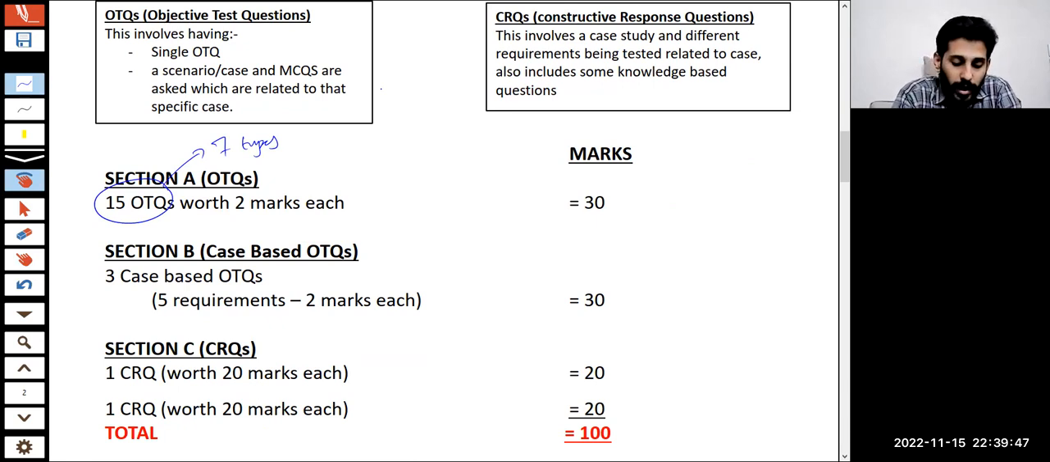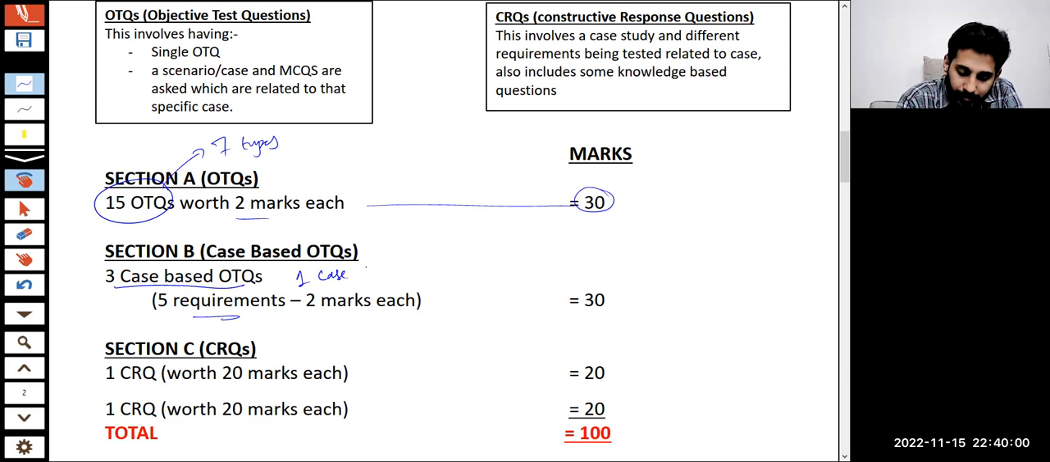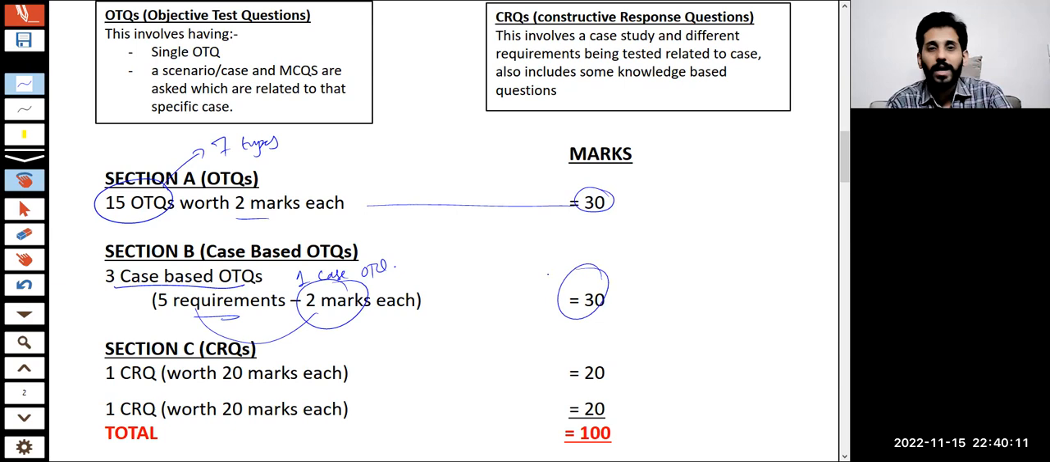Okay. So there are 15 OTQs worth 2 marks each, and it would become 30 marks. And there are 3 case OTQs, that is one case OTQ means 5 MCQs. That means 30 MCQs in total. 15 MCQs would have completely 30 marks. Now, point to be noted is